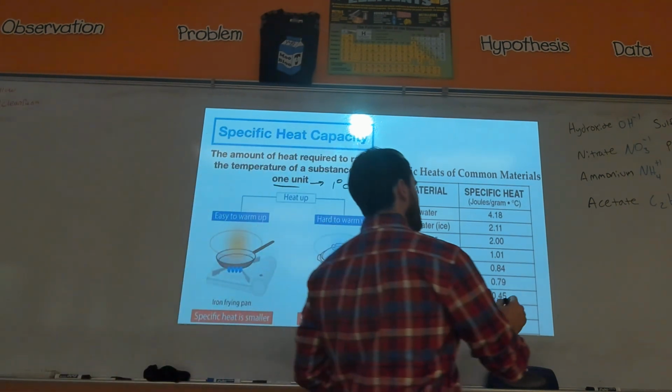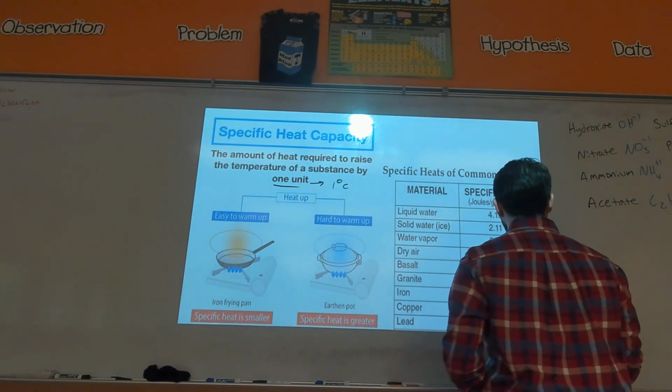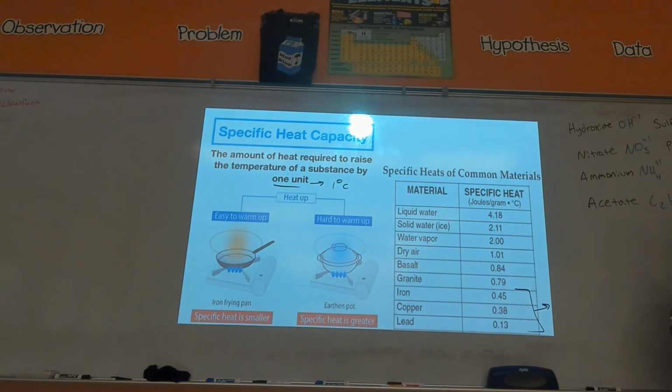Now, metals have a very low specific heat capacity, and that should make sense to you, and I want you to know that. Why would that make sense, that metals have a very low specific heat capacity? They absorb easier than... Yes, they're able to, well, I don't think absorb heat easily is the best way to put it. Well, sure, they absorb heat well, but why? Why would they absorb heat well? What makes them able to absorb heat well?